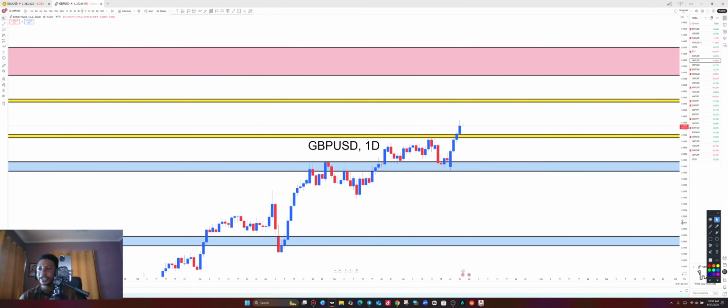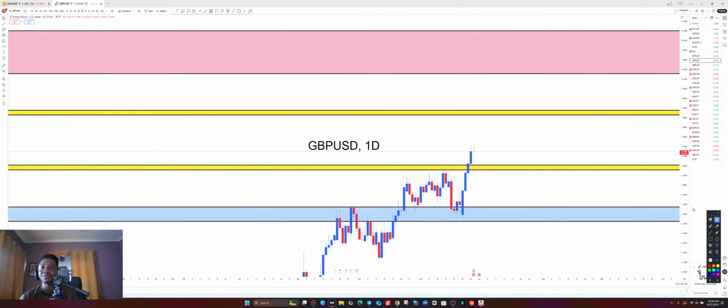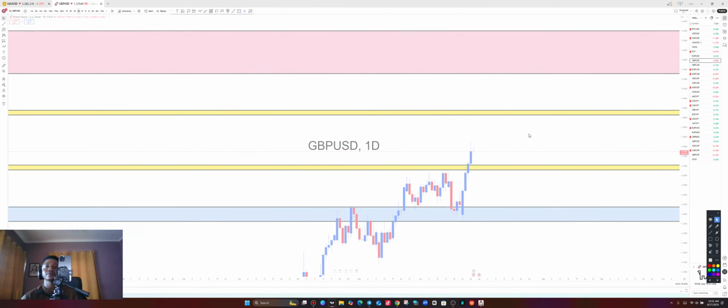All right, so this is also the daily time frame of GBP USD. On the daily, we can see the clear break above the weekly resistance level. So what are we waiting for? We're waiting for a retest before we can buy on the upside. Let's go to the 4 hour time frame and expect that retest before the entry.